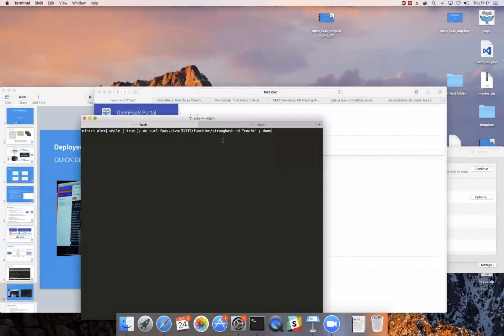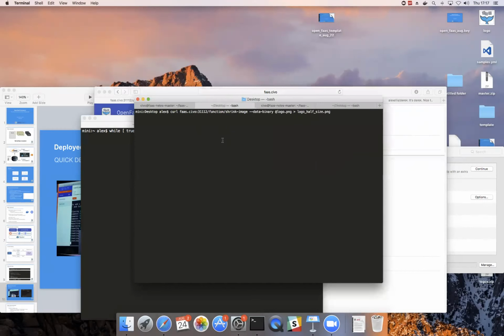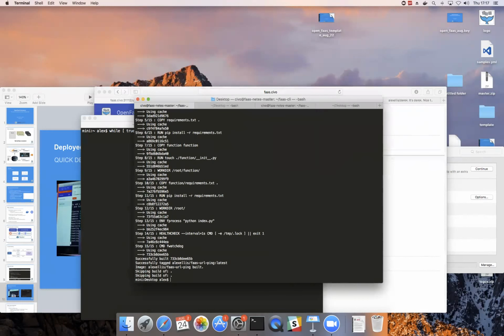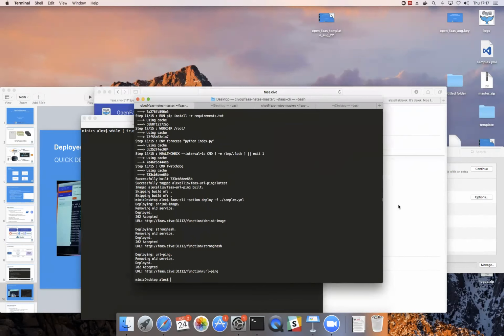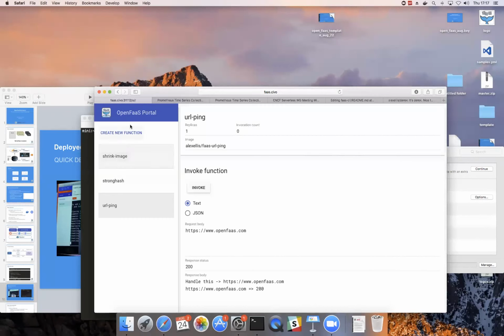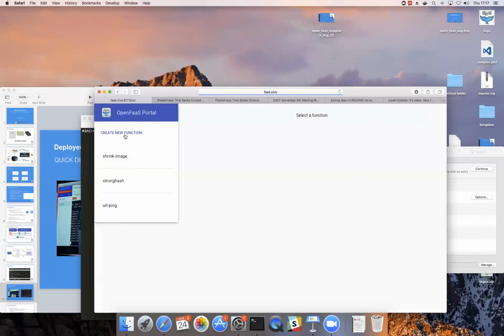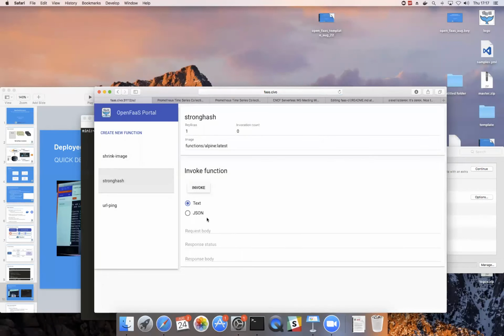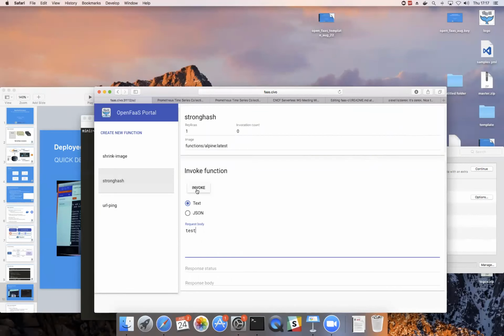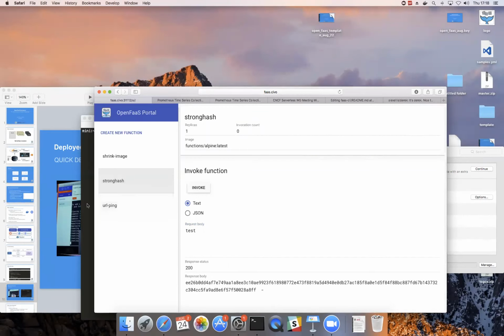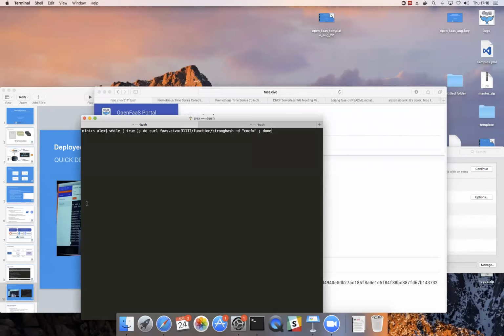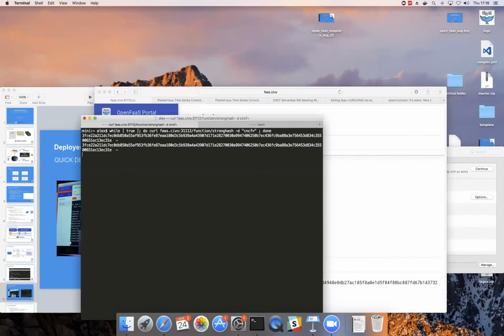So the stack that I spoke about earlier and the CLI can be used to build our Docker templates. And this is the example that I showed you in the slide. And then we can use the deploy, and we'll now see appearing the echo function that's part of that stack. Actually, it's strong hash. I've renamed it. And what happens here is you can get a strong hash from your function. What I want to do is just call that in a loop,